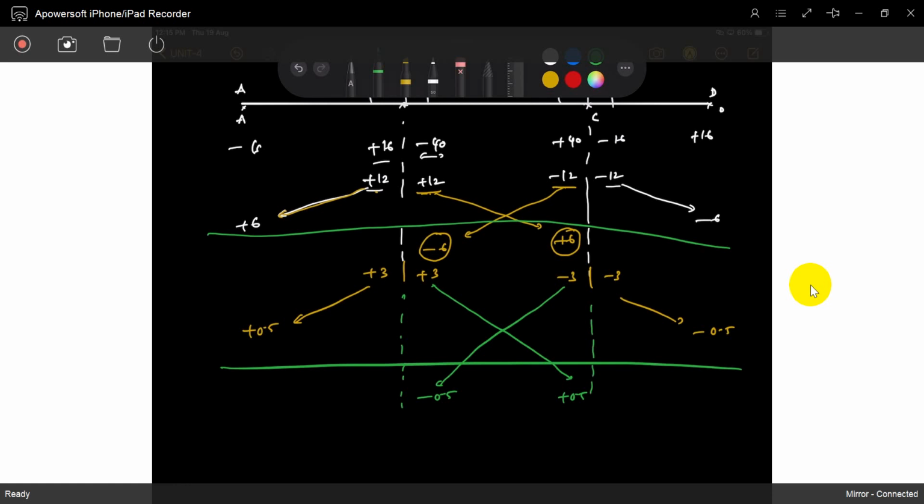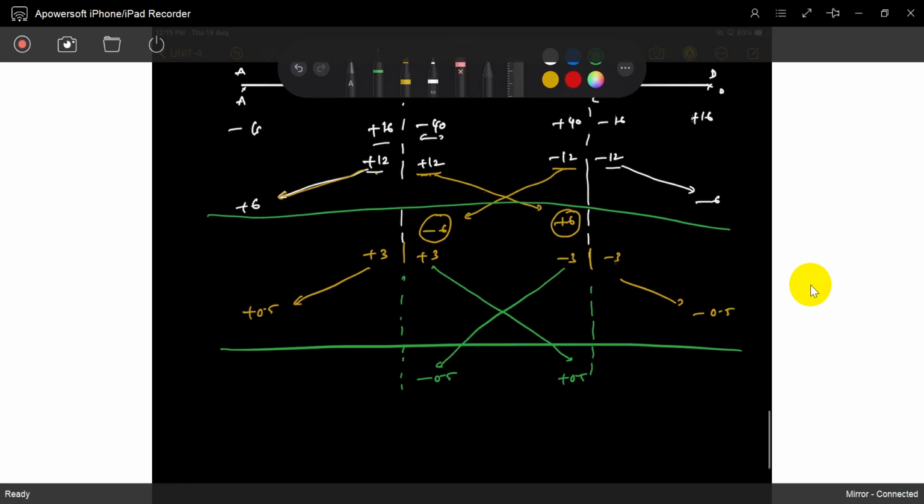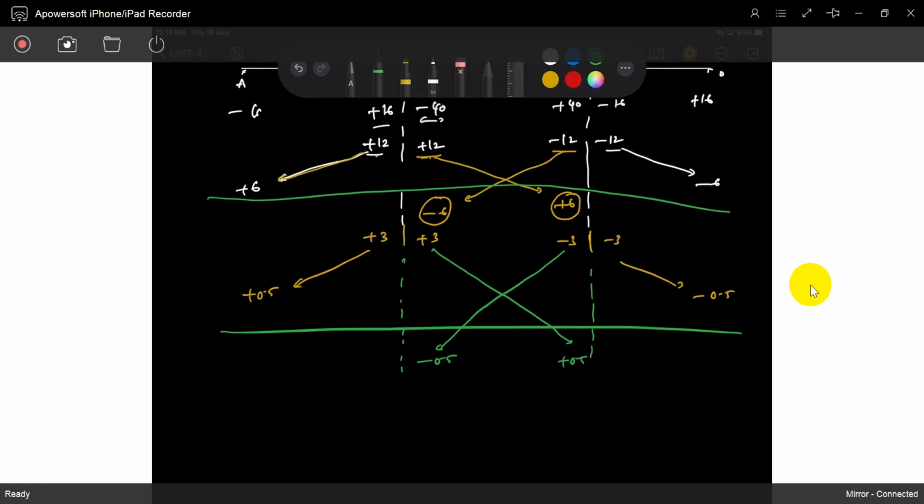See, now you can observe exactly how it is distributed, because in previous problems we solved, one end is hinged, one end is fixed. That's why you may get confused. So here it is exactly perfect symmetry and everything is fixed. That's why we get it like this. And also it's 0.5, we don't need to calculate. If one end is hinged, one end is something like this, you can feel it. Okay, that's it. So once again,